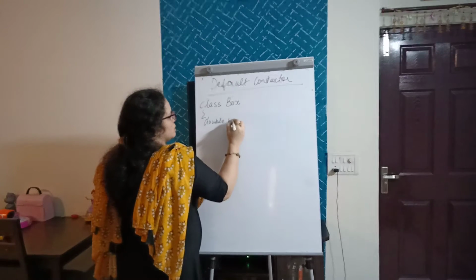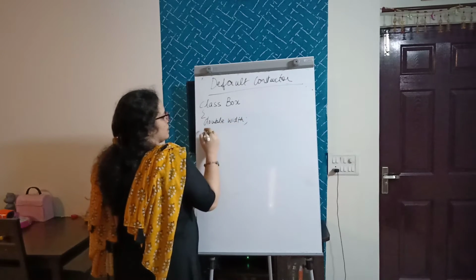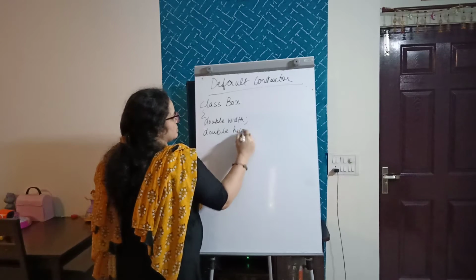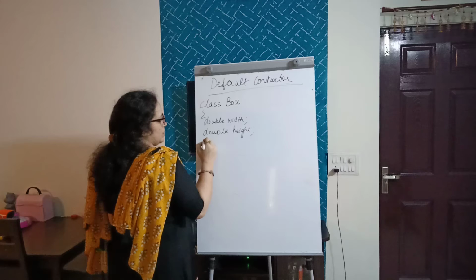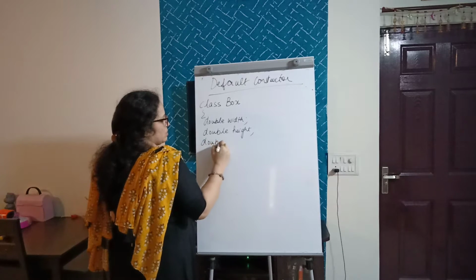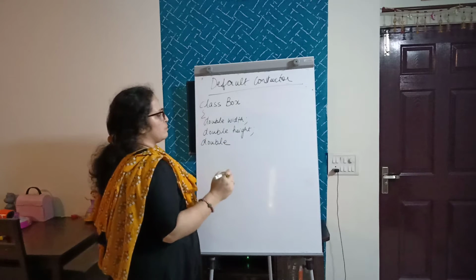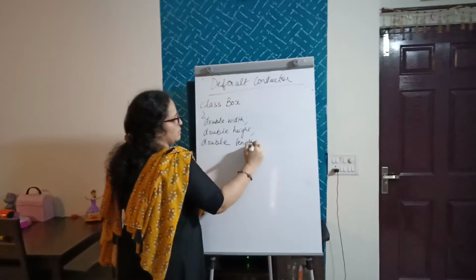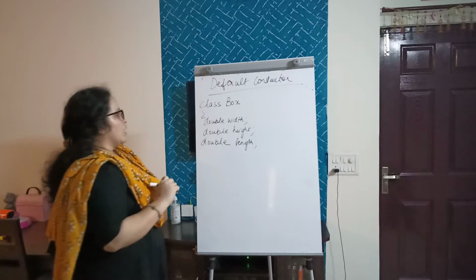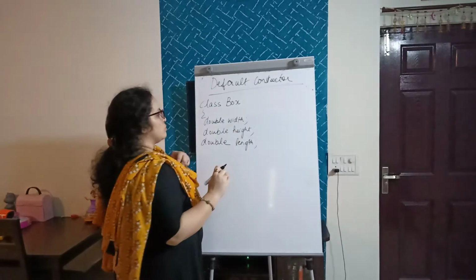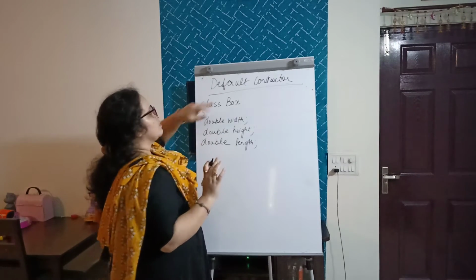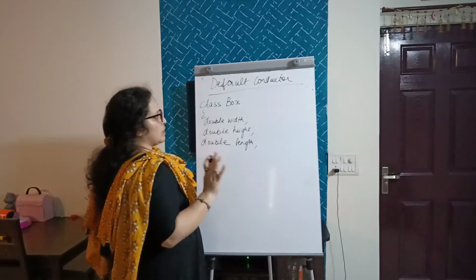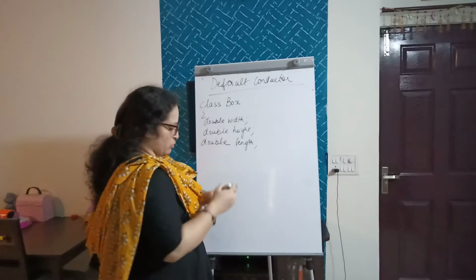One is width, second is height, and the third one will be length, as while taking a volume we need width, height and length. Okay, these are the 3 variables that I have taken. Now after this, what do I need to declare? I need to declare a method. Now as I am giving you the example of default constructor, there are some properties of constructor that you have to remember.